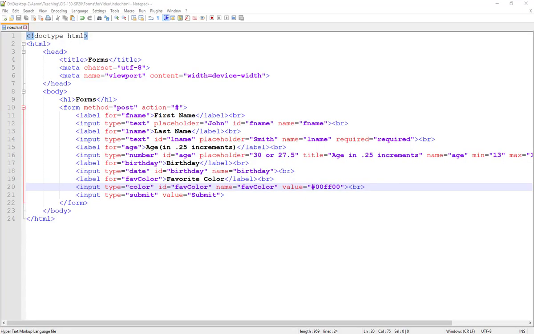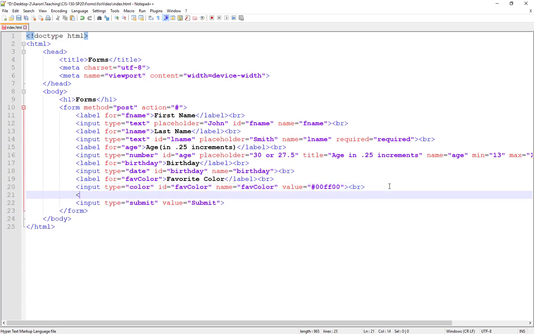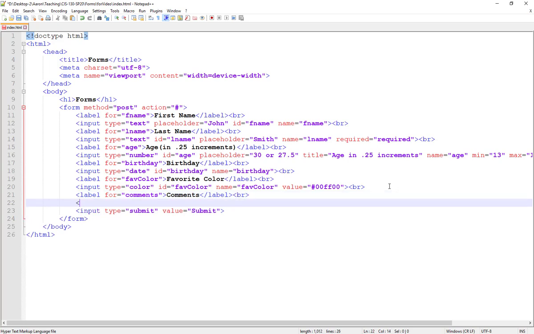In this video, I want to look at using text areas and a couple of things that we can do for organizing our form data. So first, I want to add in a text area label for, we'll just make it comments, and then put in a text area element. ID equals comments, name equals comments,